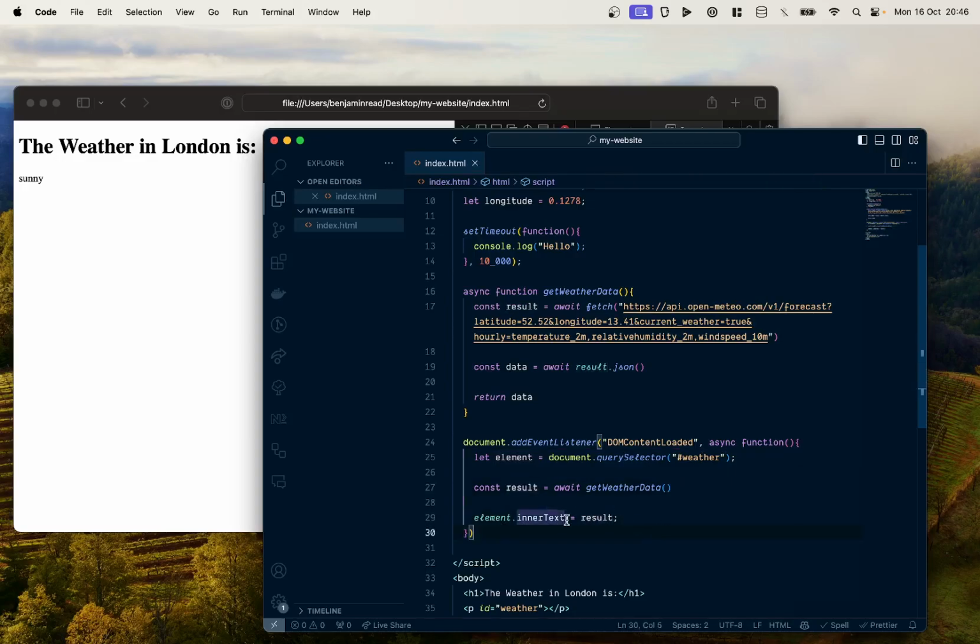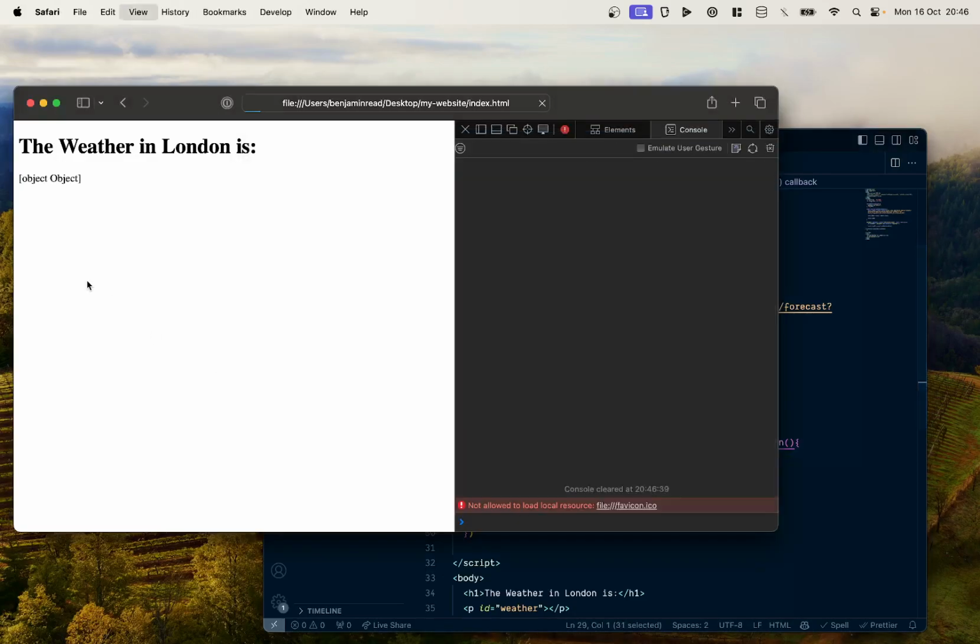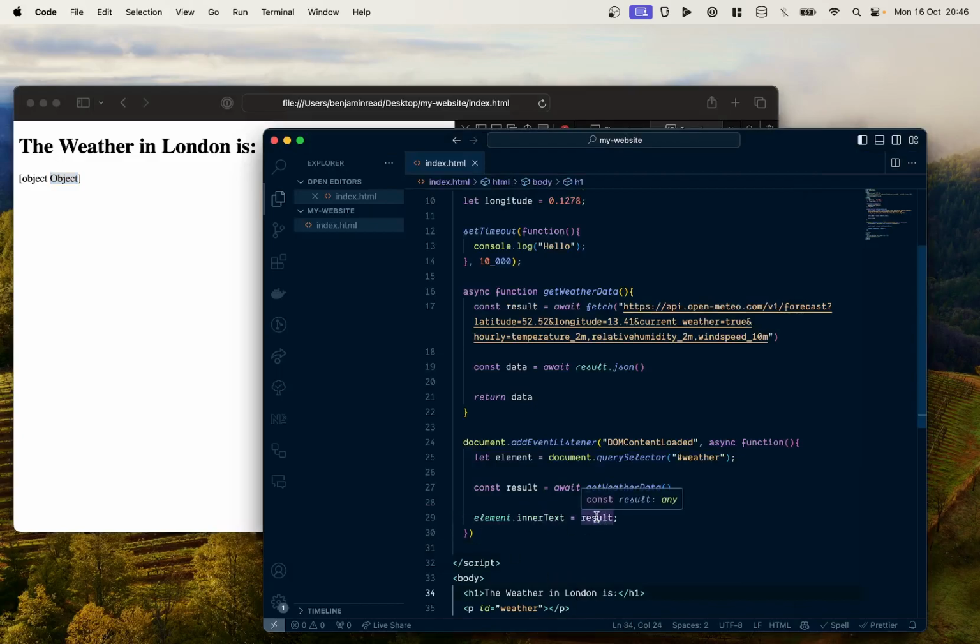Now what's going to happen? Let's see what's going to happen now. We're going to get object. Okay, because that is what we had. It's an object of data, but it can't render it. It's too complex for the HTML parser to interpret. So what we need to do is